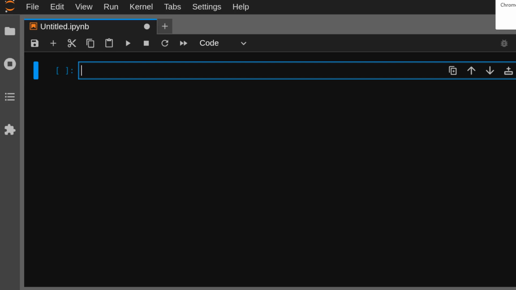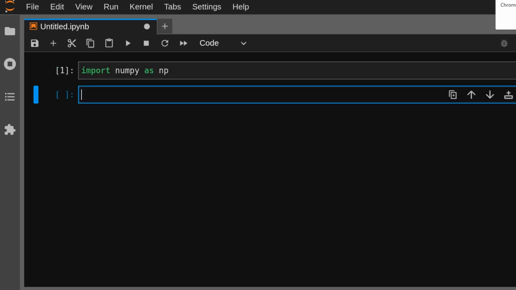Let's recall NumPy as usual. We say import numpy as np. There are three ways of doing the slicing, but before we proceed,